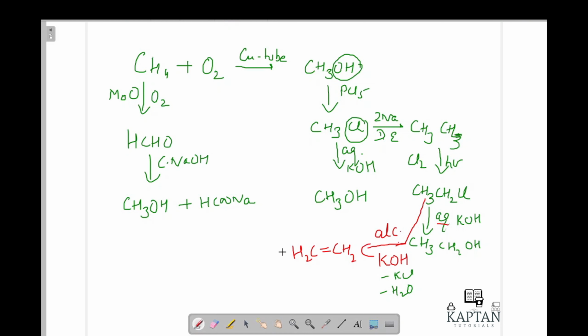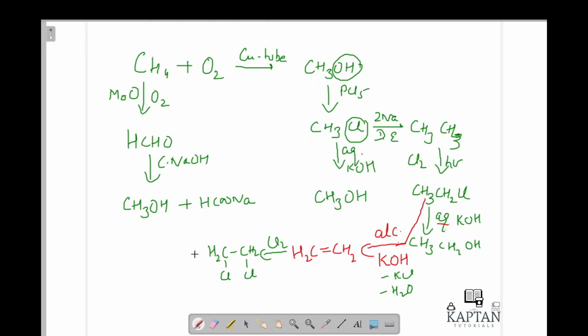Now suppose I want to add Cl2 here again, then what will happen? Because of the presence of the double bond, it will form a 1,2 product. Just see, I am writing it down here. The product will be H2C single bond CH2 here, and 2Cl will occupy the places here.